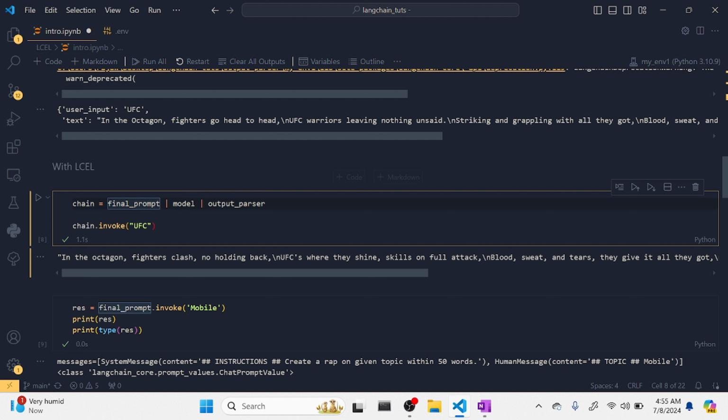I am passing it. Okay, so if you see it, let's print this. We are printing this result, the response, and the type of response. Why I am showing you is because if you pass whatever message you are having directly to this prompt template, the final prompt, which is of chat prompt template type,